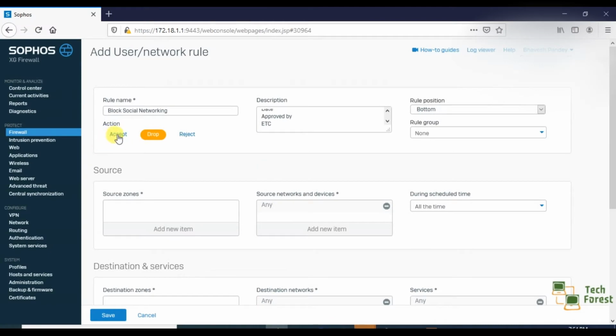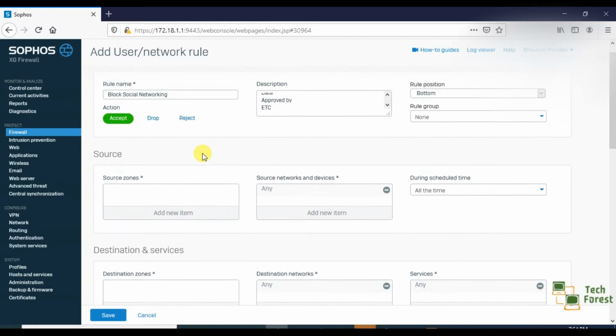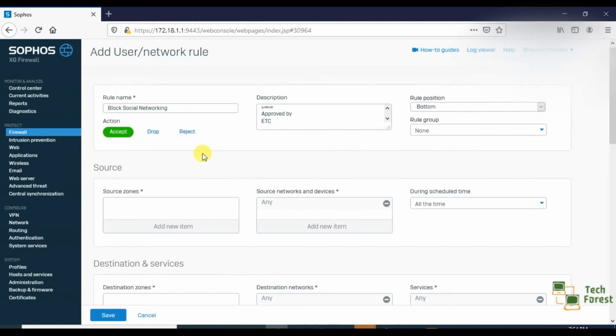Here I am selecting accept. After creating the rule, you will understand why I'm selecting accept, because my purpose is to block social networking only. Suppose we have an HR department, and in the HR department we want to allow all the websites except social networking.